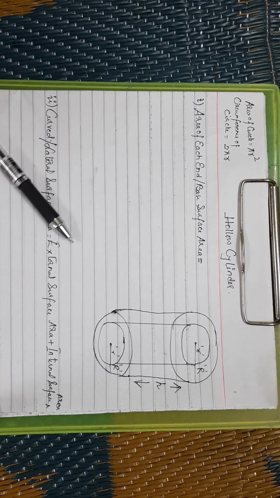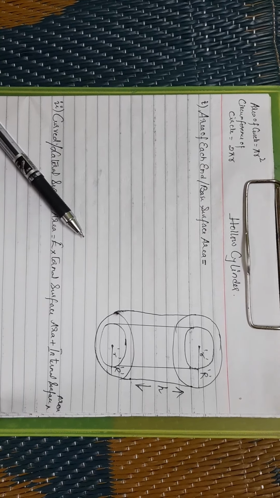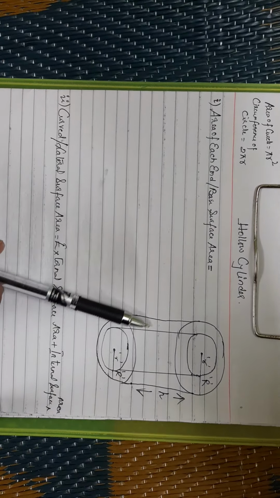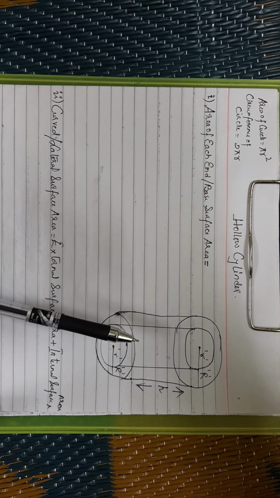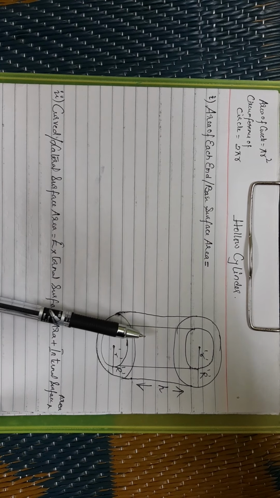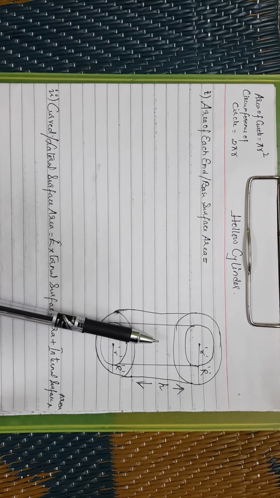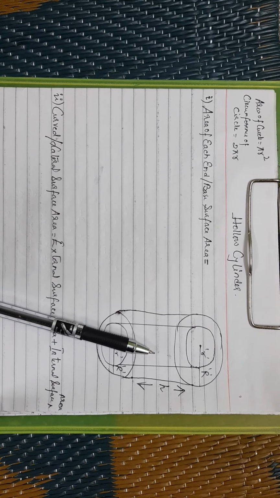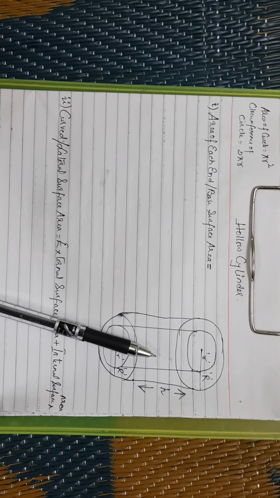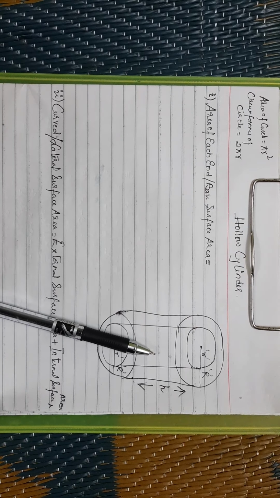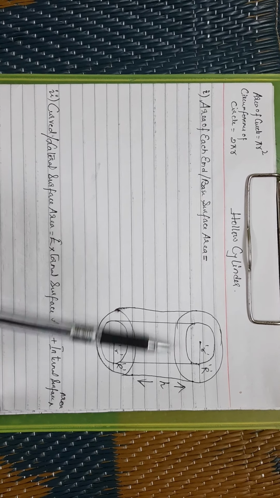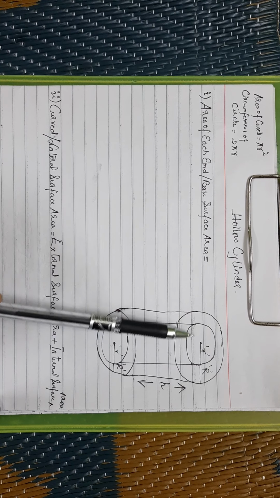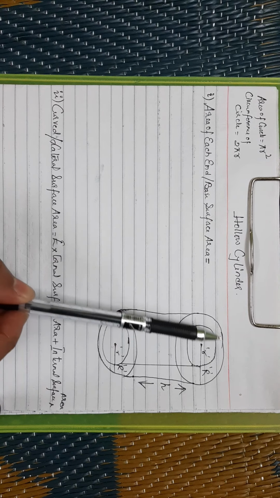Now, in the case of a cylinder, that means the solid cylinder. But what does a hollow cylinder look like? As if inside one cylinder, I have put one more cylinder. Yes or no? That is the only difference. Remember that whenever there is a hollow cylinder, one cylinder has been put inside another. So this is my inner one and this is my outer one.